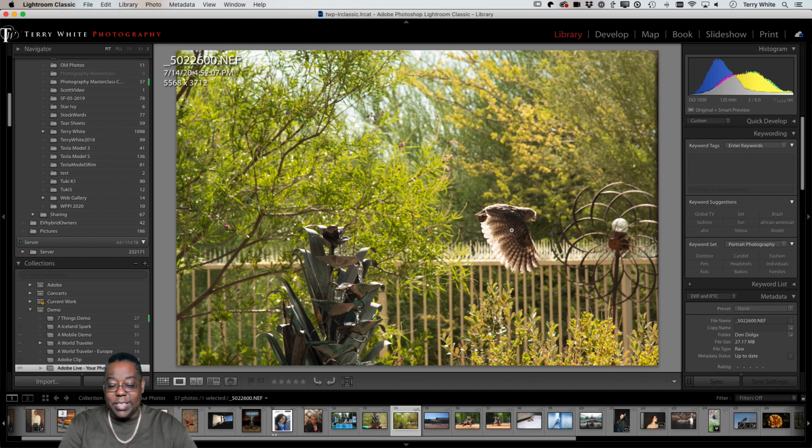So in that case, we start asking ourselves, is any of this stuff behind the bird relevant? And if it's not, then why do we keep it? That's what you start thinking about from a compositional standpoint. You can recompose your photo, depending on the photo, inside Lightroom or Photoshop. And also,